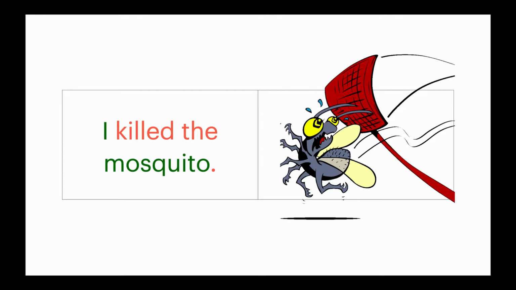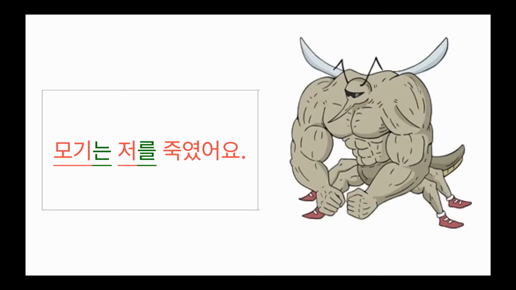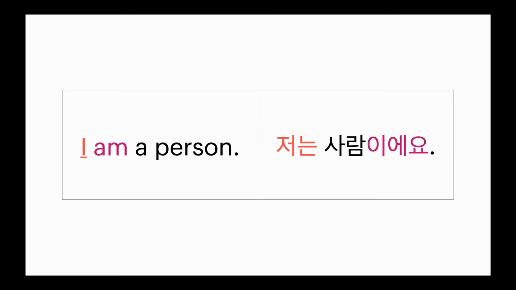Now in English, the order of the sentence matters. So the order of the sentence will tell us what is the topic and what is the object of the sentence. So I killed the mosquito has a very different meaning from the mosquito killed me. However, in Korean, the particles will tell you what is the topic and what is the object. So what is doing what is marked by the particles, which means you can change the order of the words without the meaning changing. The only way to make the meaning change is to move the particles. Now that's all a bit complicated, and for future lessons, today we're only going to worry about 는 and 은.